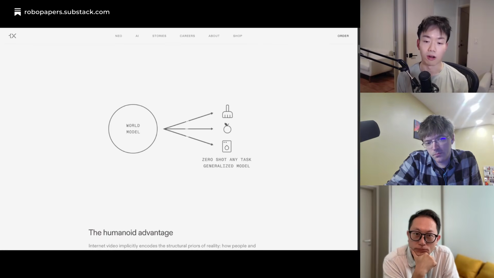We can then transfer all of that knowledge into this policy, which now, if you ask it to do a new task that we've never seen robot data of, we're able to understand that task because our robot has two hands, our robot kind of looks like a human, and we can extrapolate a little bit from what we've seen before.